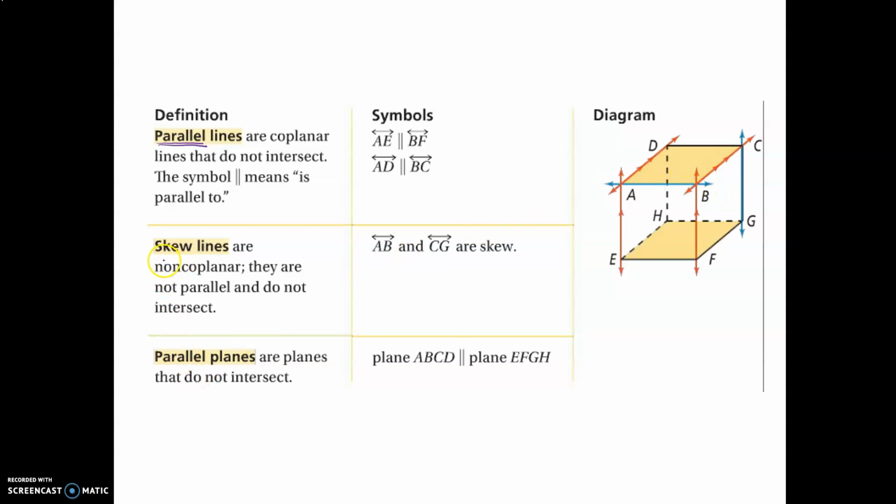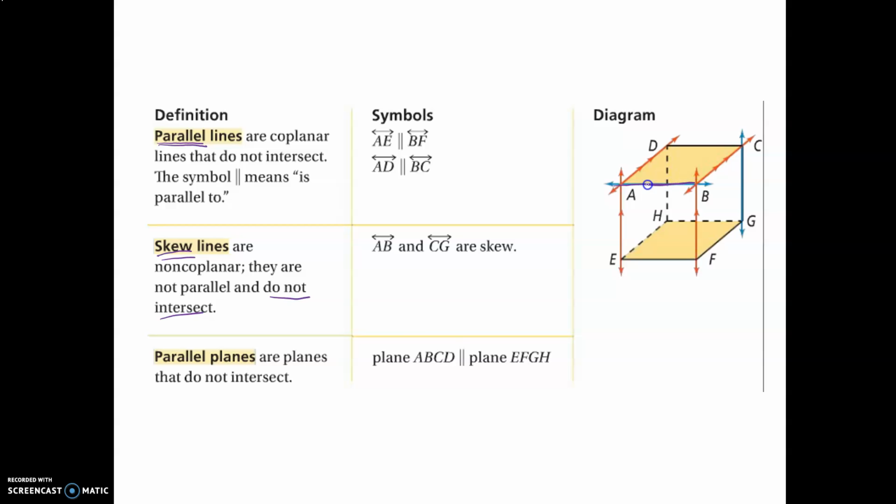Skew, same concept. They're still never going to intersect, so they do not intersect. So they're similar to parallel, but the difference is they're non-coplanar. They are not on the same plane. So if you look in the picture, they give you the example AB